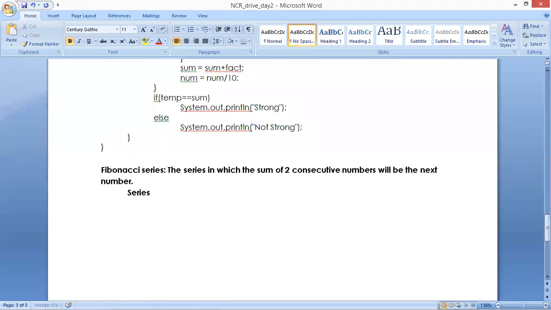If you take that series, it starts with 0, 1. 0 plus 1 is 1, 1 plus 1 is 2, 1 plus 2 is 3, 2 plus 3 is 5, 3 plus 5 is 8, 5 plus 8 is 13. Like this it will go. That is the series.